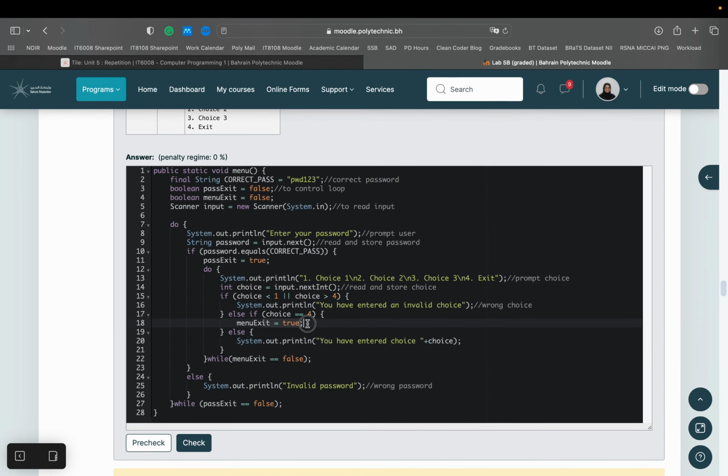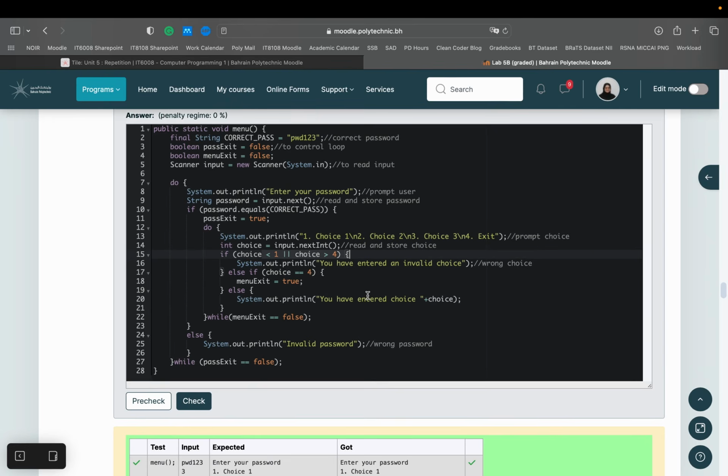If it is 4, it will just exit. If it is anything other than 1 to 4, it will print out invalid choice. Okay,